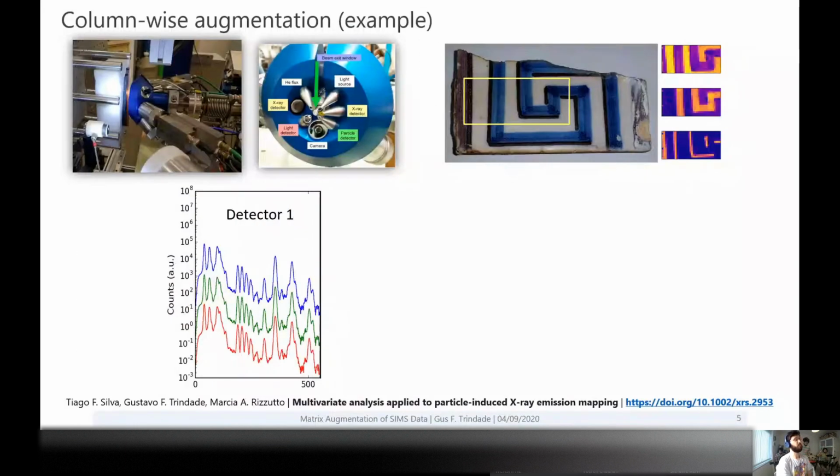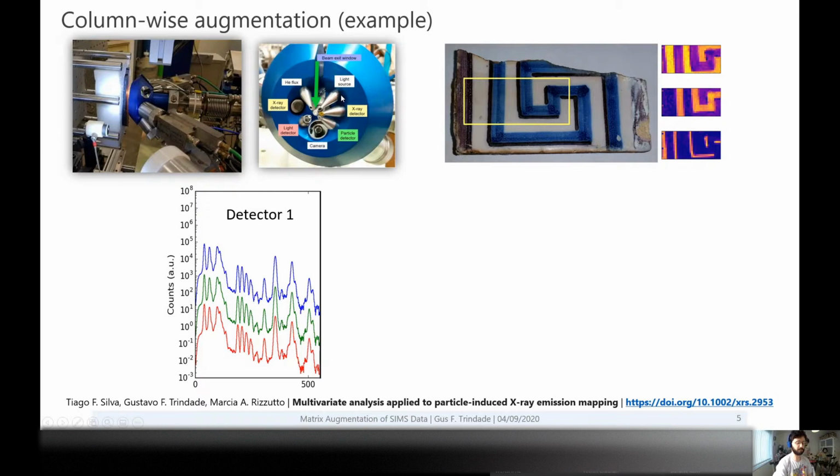So just one example, which is not outside of analytical chemistry, but it's not ToF-SIMS. It's to do with something I used to do, which is analyze cultural heritage things or artifacts using ion beams. So we have this external beam that would hit some sample, some artifact, that would generate several things, and we could detect characteristic X-rays or backscattered particles and things like this. And the way this was set up, we could put several detectors around it and get